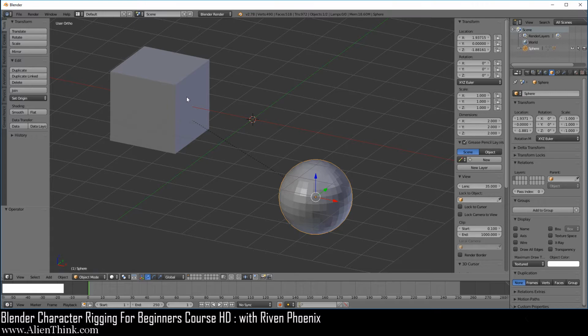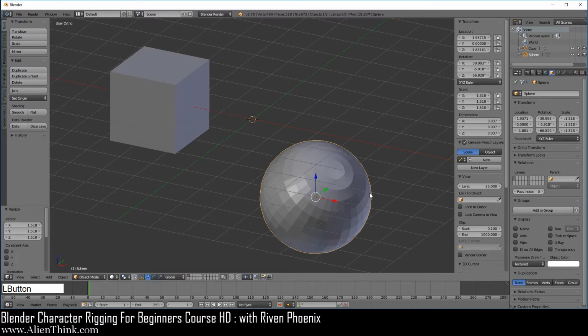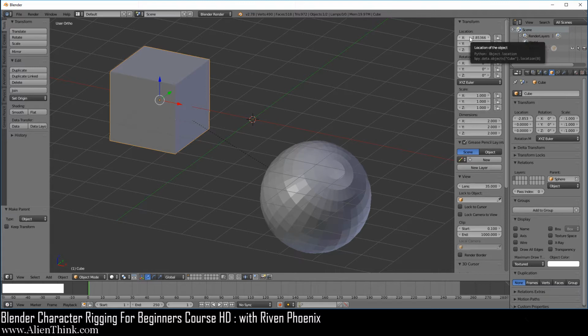Now go ahead and X this out. Now go ahead and click on the parent, press the R key to rotate anywhere you want, press the S key to scale. Now we don't have to do the G key to move because we've already moved it. Now click on this cube, press the Shift key down and click on the sphere. Do Control P and click on Object. Notice that the relationship has been established and the child retains its rotation and scale and location, right?